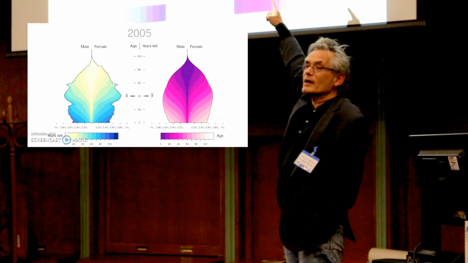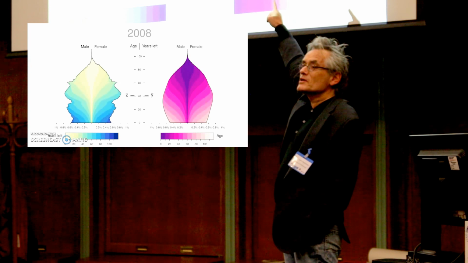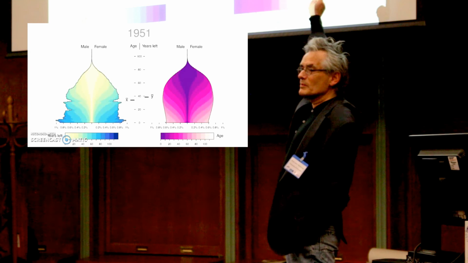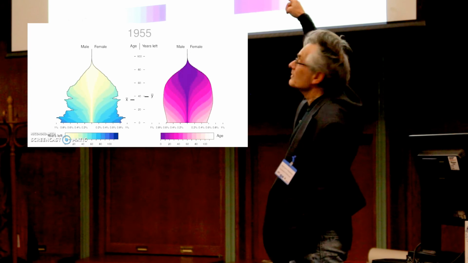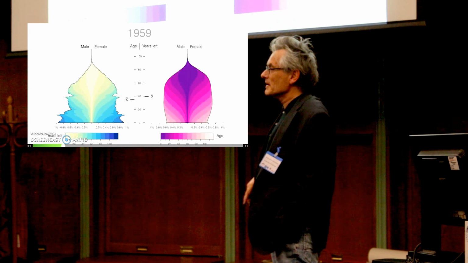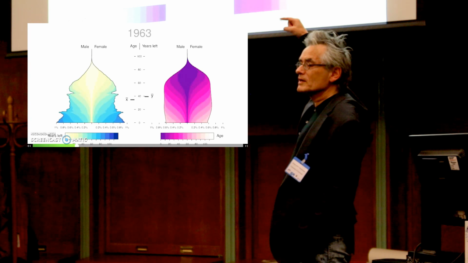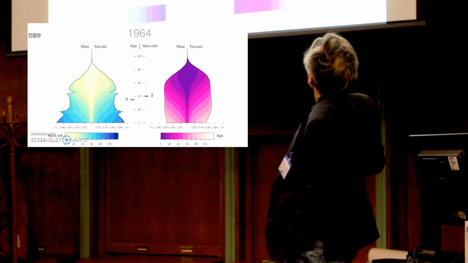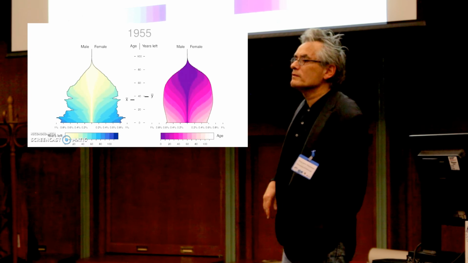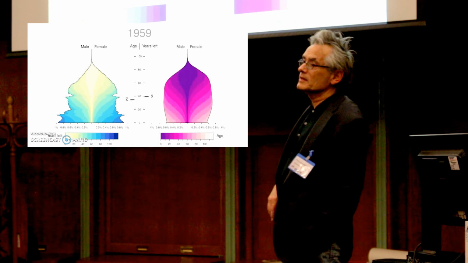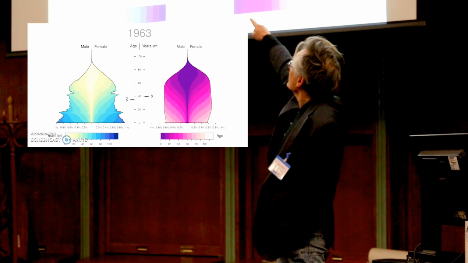But if you kept your eye on the average remaining years of life of the population, which is what we get from the population leaf, you'll have seen it's increased as well. It hovers around 40. It goes from a bit under 40 to, I think, a bit over 40 at the end of the period. The other thing to note is